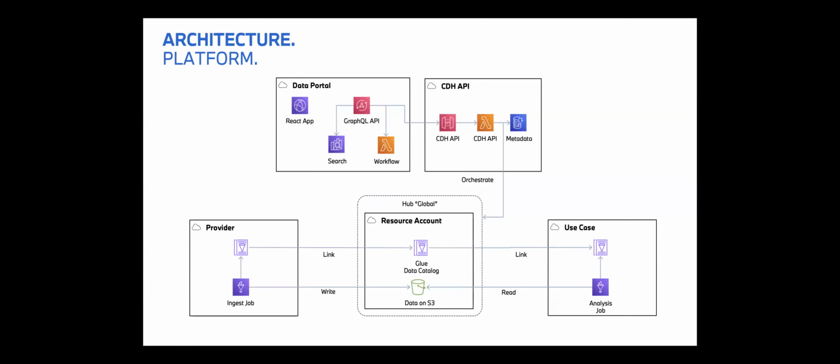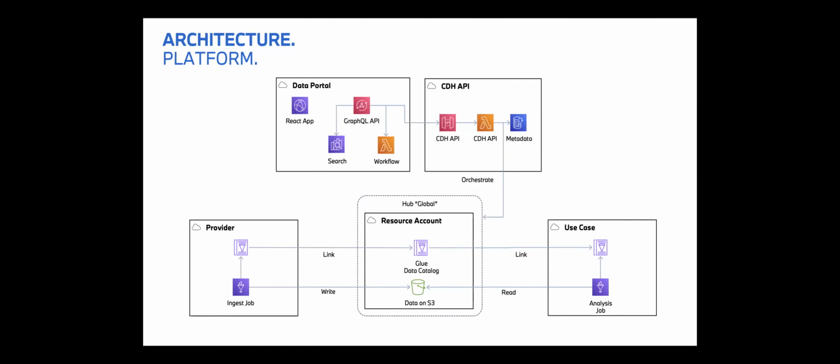And in turn, this GraphQL API also builds on the CDH API, which is shown here in the right account. That API orchestrates all the fundamental AWS services for handling data sets and handling the provider and use case accounts. And it also stores its own data in a DynamoDB table. And when you create a bucket for a data set, it actually goes into a resource account, as we call it, where all the data is stored in S3 and all the Glue metadata catalogs live, and it creates the S3 bucket inside of this resource account.